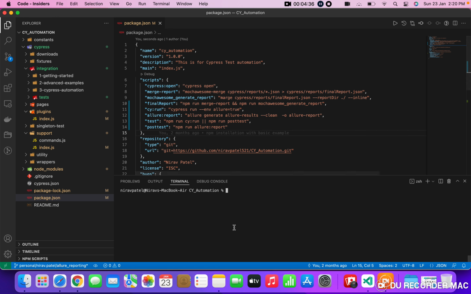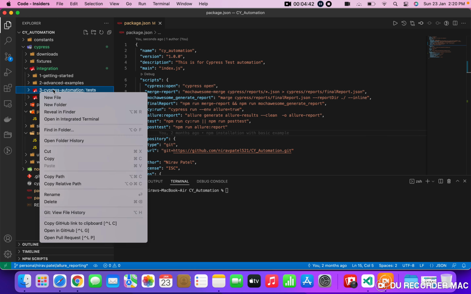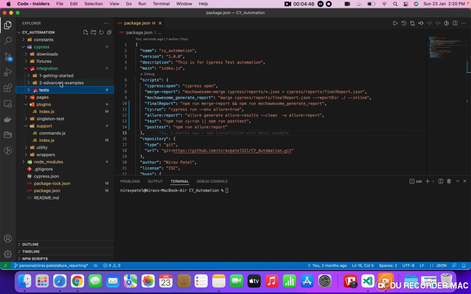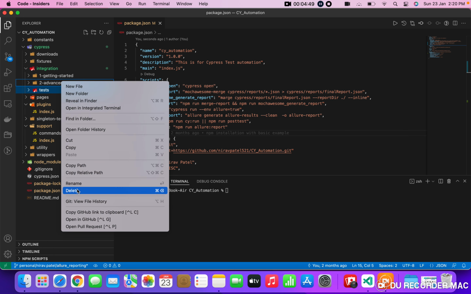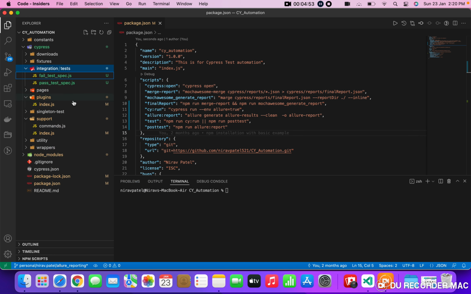Okay, so we made one scenario over here. So test, so we need to pass. Okay, before that I need to delete all the rest of the files, so we can see only the test will be executed. So let me delete it. I just deleted all the spec files from that, and let me pass headed over here, so we'll see the execution as well.